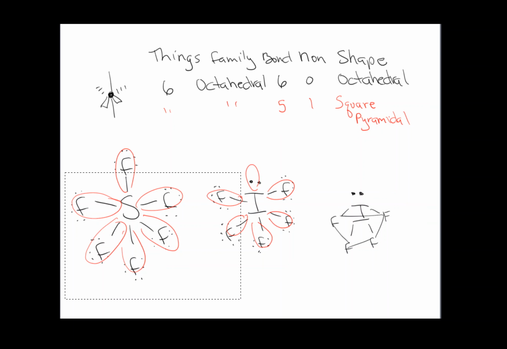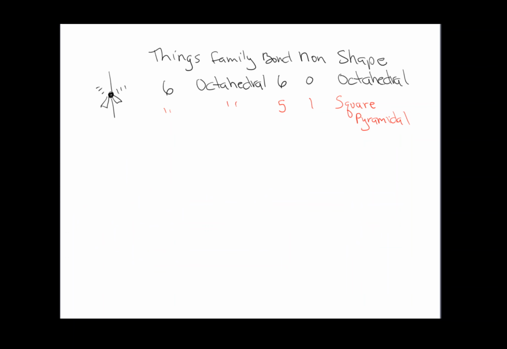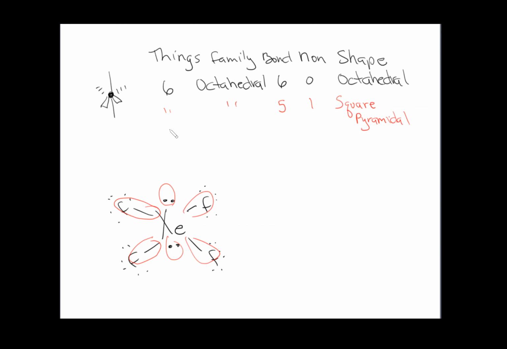And then our last one that we're going to play with, we're not going to look at those other variations. We're going to do this one. What if I had, oh, who should we do? Let's do Xenon with, this is the one I drew before. Got all carried away. I can't stress enough, if you don't have a correct Lewis structure, it is going to lead you down the wrong path. Alright, Xenon has 1, 2, 3, 4, 5, and 6 things around it, so it is family 6,